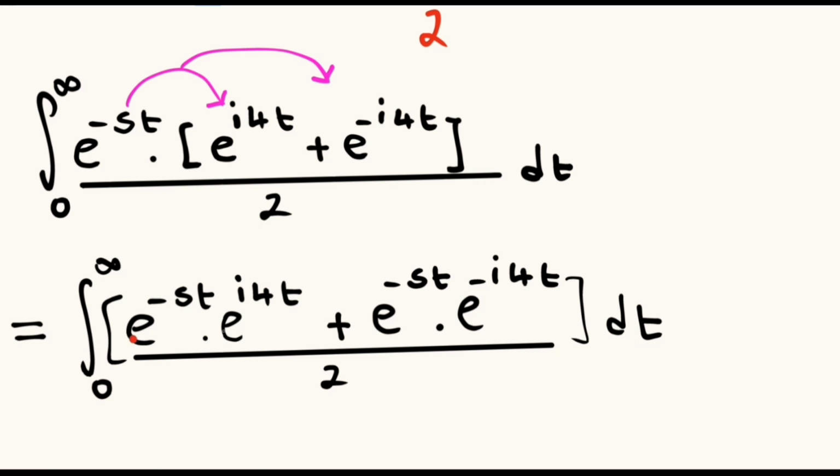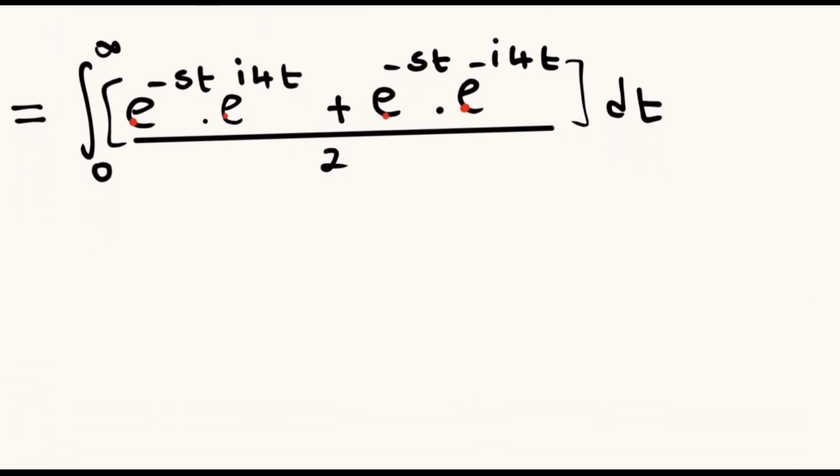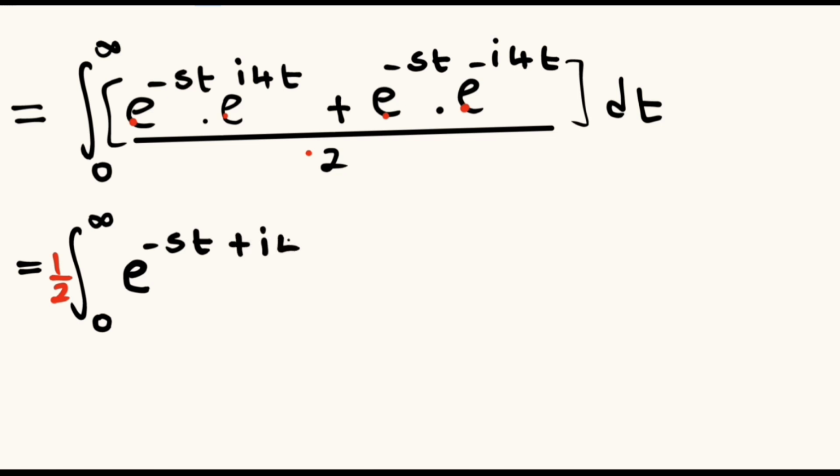So from here we have the same base on both sides of the plus sign, and if we have the same base, then we can add the exponents. But before that, we can take that 1 over 2 out of the integral. So we have 1 over 2 multiplied by the integral from 0 to infinity of e raised to the power. Since the bases are the same, we add the exponents. So we have negative st plus i multiplied by 4t